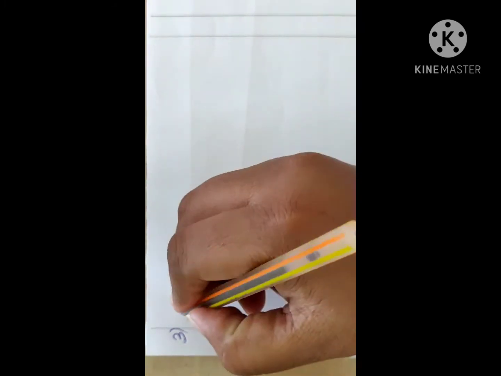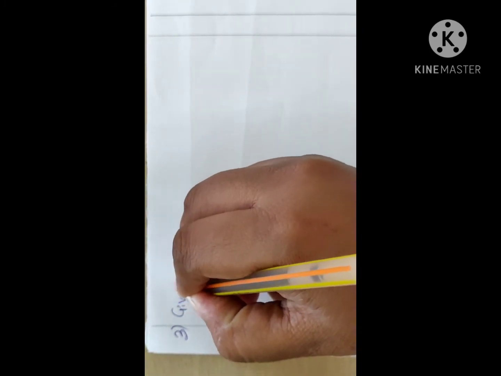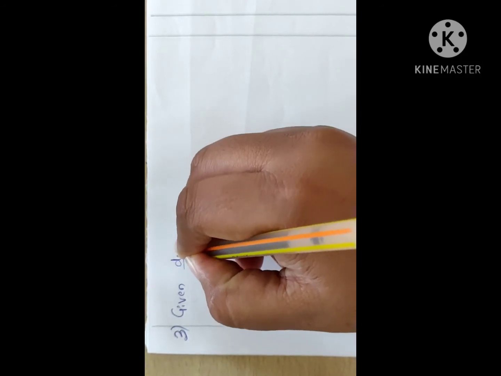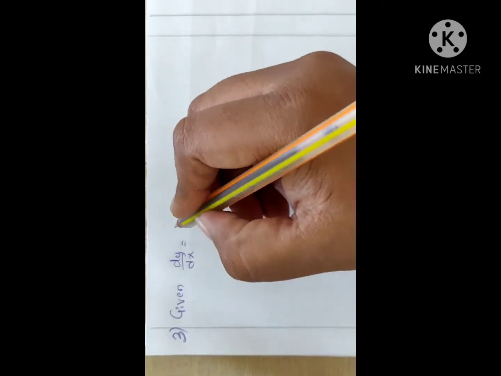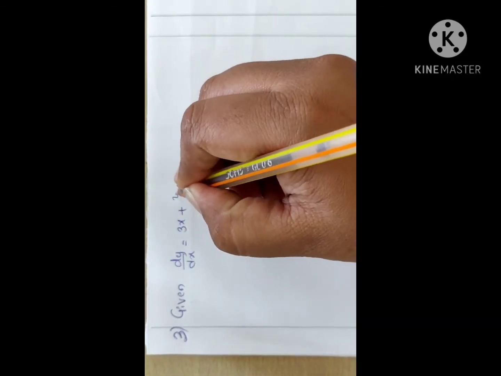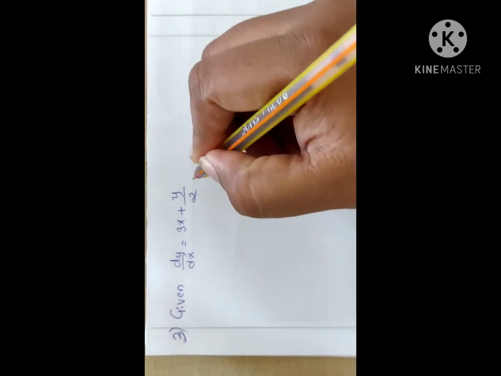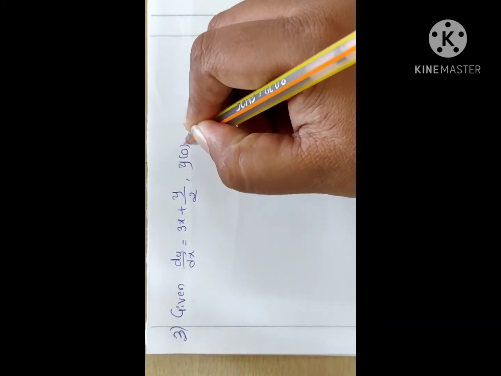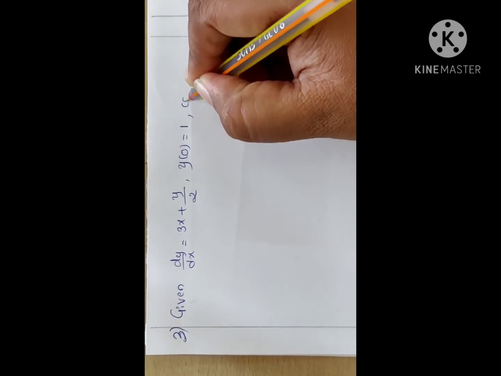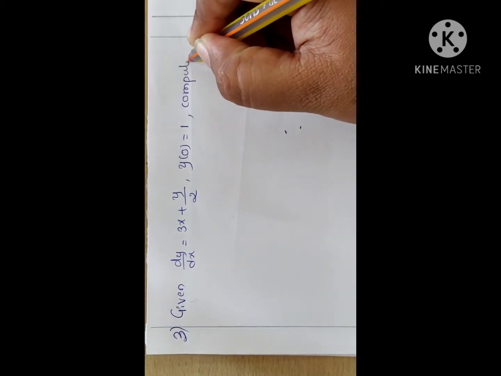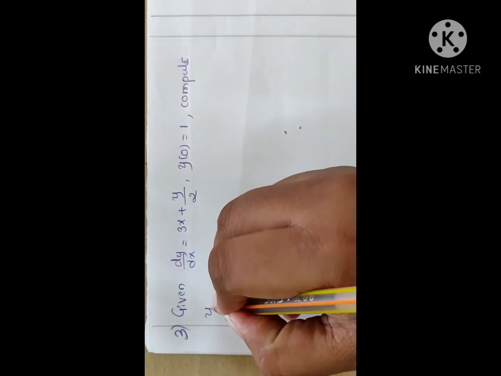Next example, given dy by dx is equal to (3x + y)/2, y of 0 is equal to 1. Compute y of 0.2